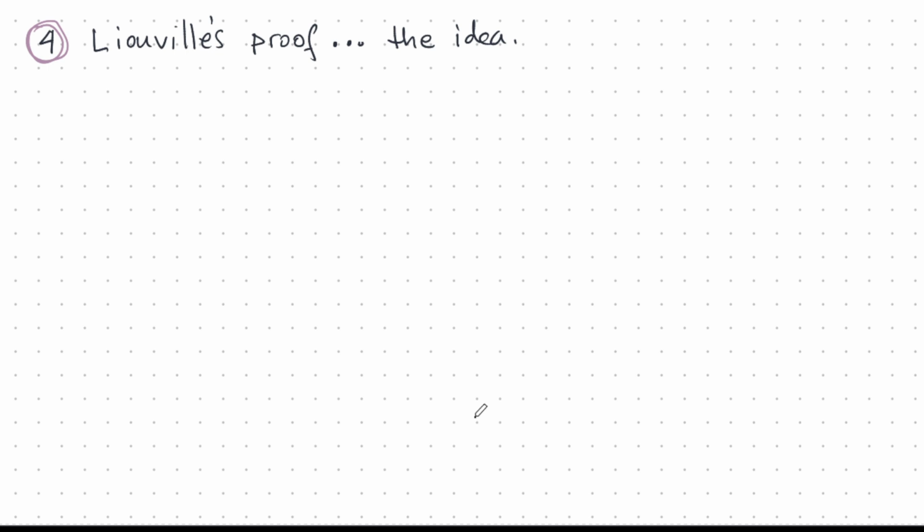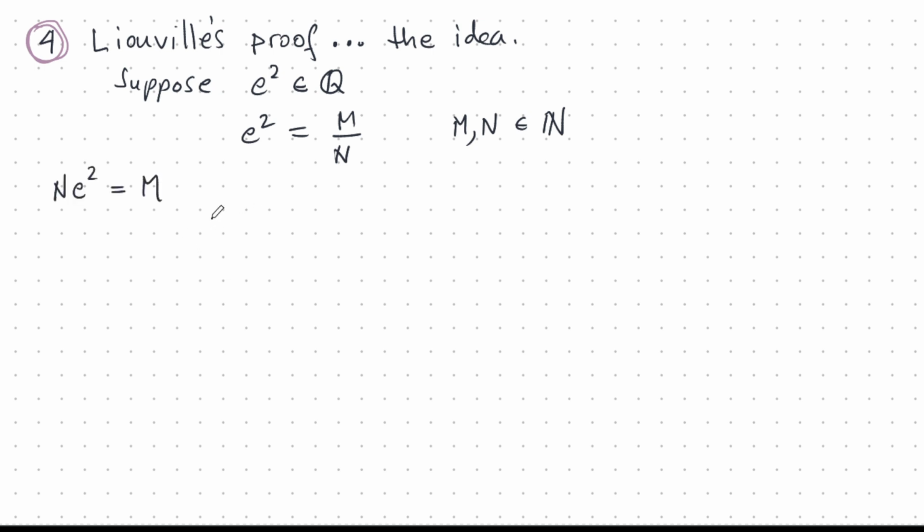So here's Liouville's clever idea. Suppose e squared really is rational, and let's see if we can get a contradiction. Okay, so no surprise here, it's a proof by contradiction. So I can assume e squared is big M over big N, with M and N natural numbers. Okay, bring that N to the other side, and now I multiply both sides by n factorial. We saw this before, so I get this thing now. Great, so far so good. Now here's the clever idea of Liouville. I'll take one of these e's and bring it to the other side, and I get this.